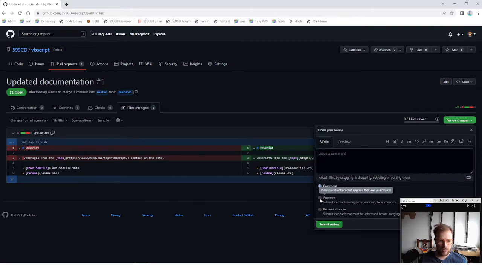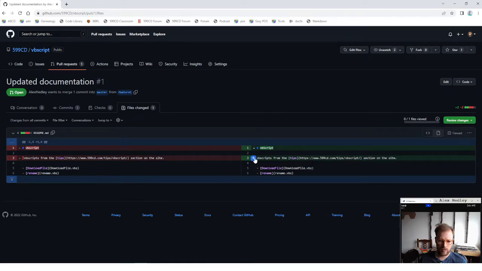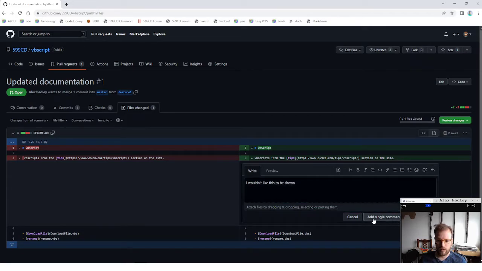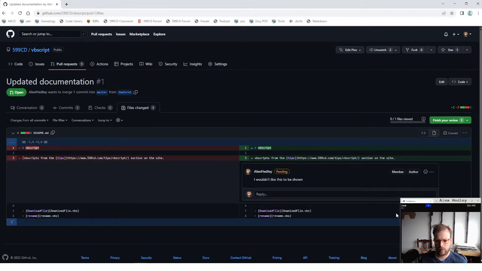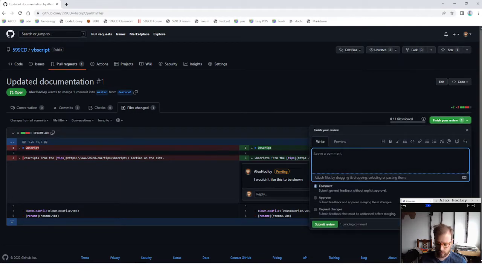For the free accounts, the pull request authors can't approve their own pull request, but you could say approve and then save it, or you could request changes and call out lines, so you could say actually I wouldn't like this to be shown, and you can say add a single comment. I'll say start a review, but it's just not letting us approve. So comment, left comment